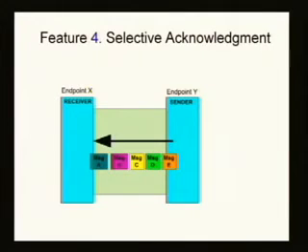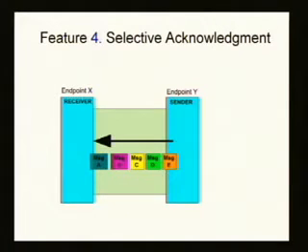So on to the fourth feature. The fourth feature has its roots in TCP. It's called selective acknowledgement. It was an extension brought up by Sally Floyd and her team in the early 90s, which, and just to sort of review what that is, so we'll just illustrate it with an example.